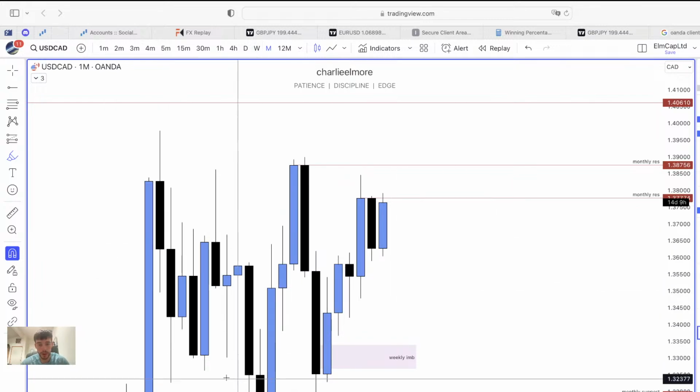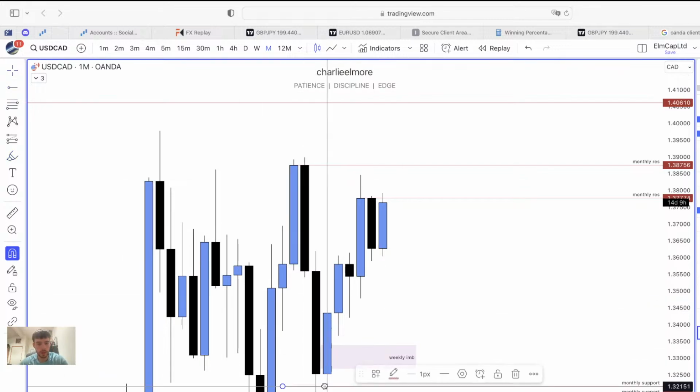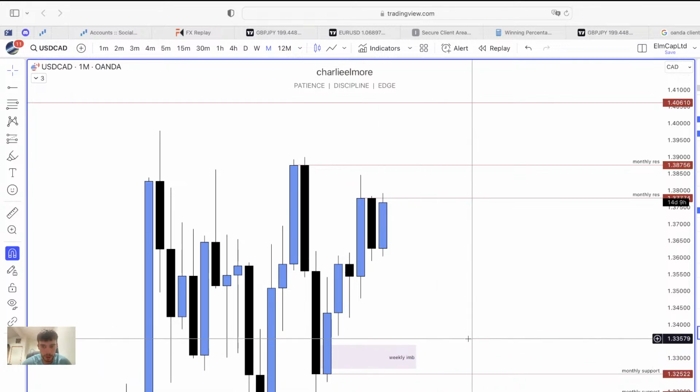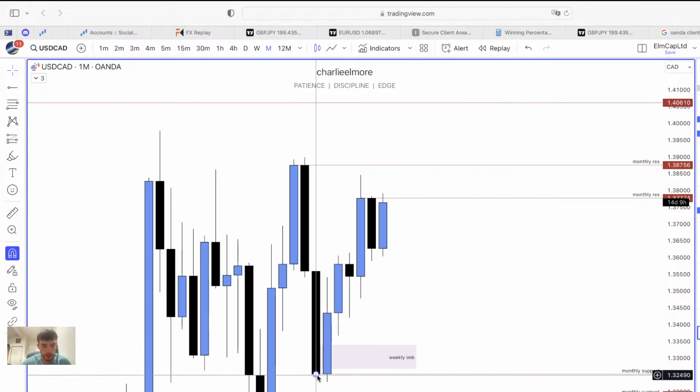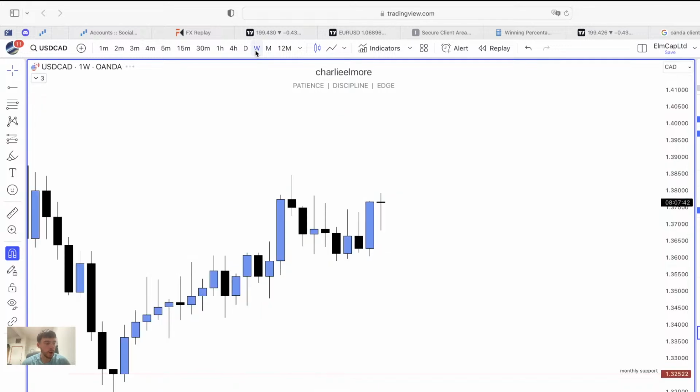From a weekly perspective, to the downside, what we do have is this monthly support, which also aligns with the weekly imbalance just above. So on the monthly candles, you've got the closure and the open here, two bodies next to each other. Going down into the weekly,